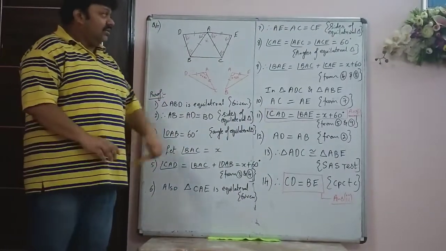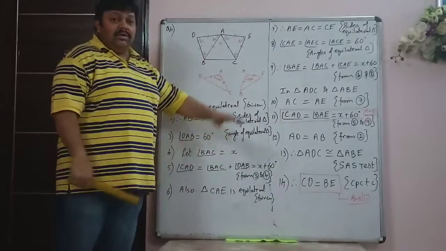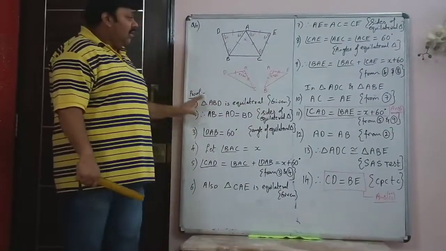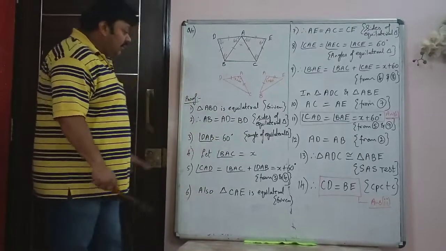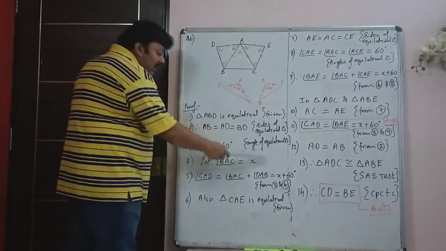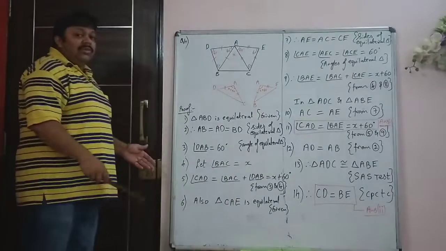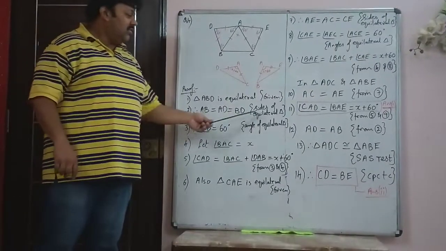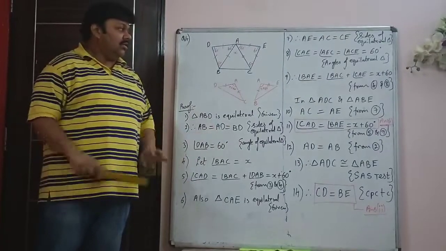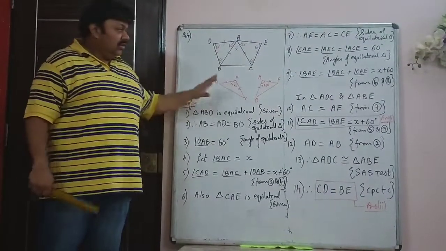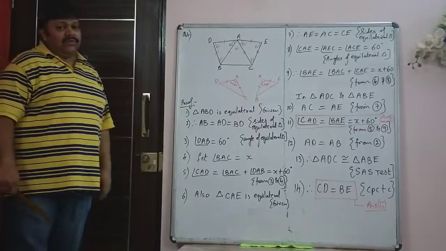All the steps are mentioned in this. Please copy as it is given. As I told you, all the reasons should be mentioned beside the step. It is okay if the reason goes to the next line, but put the reason in bracket and write it down as it is given. So we will go to the fifth sum next.